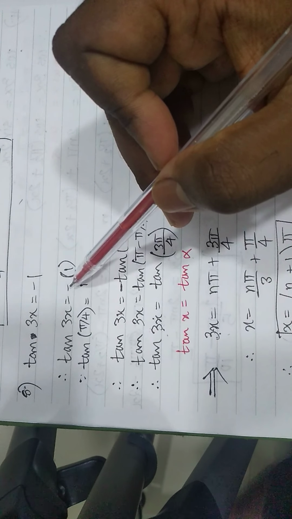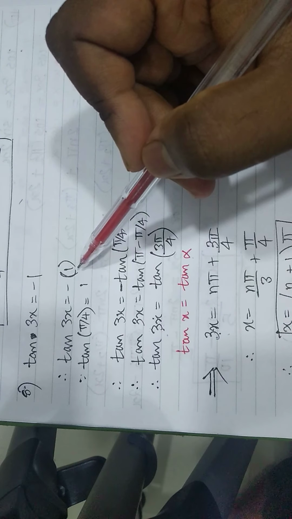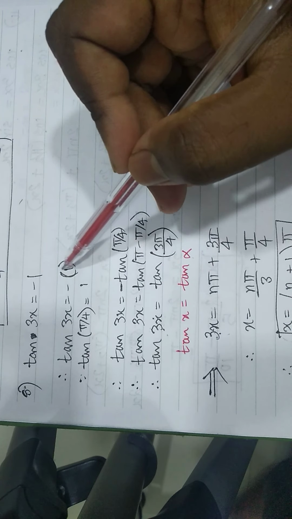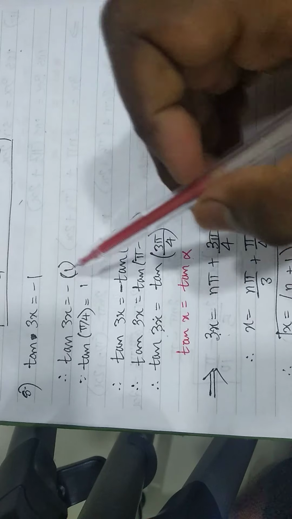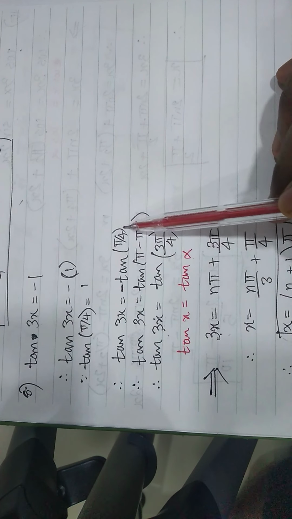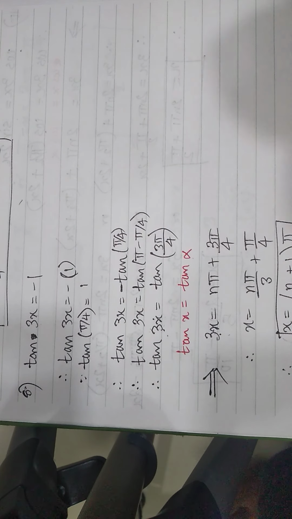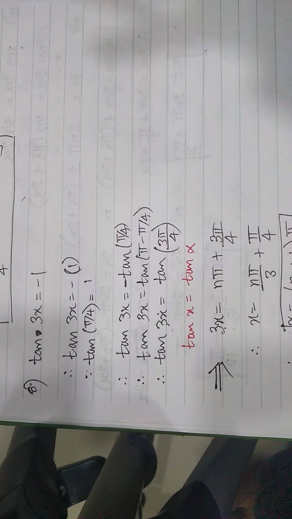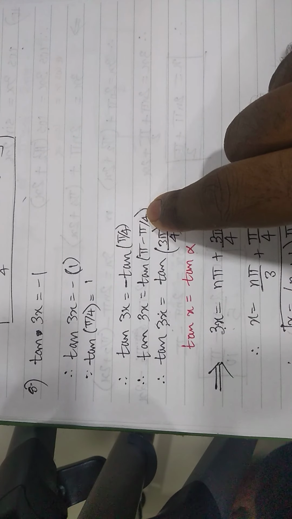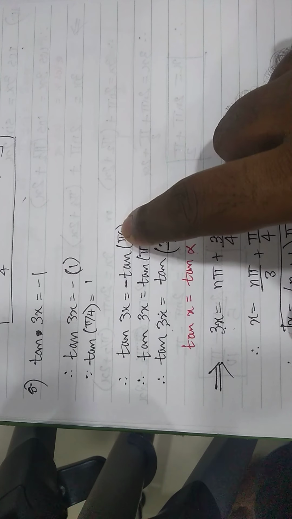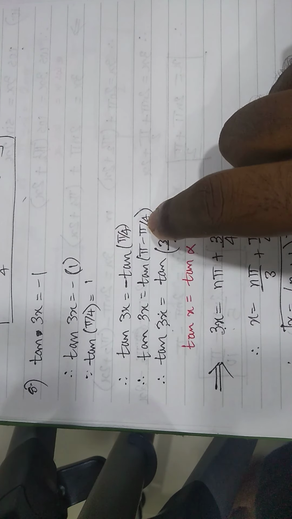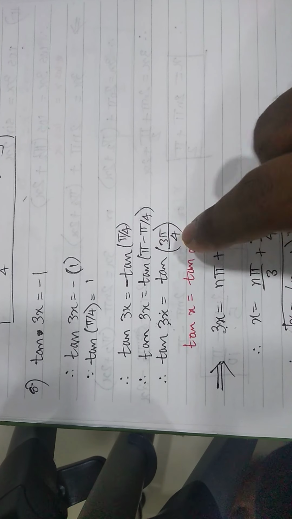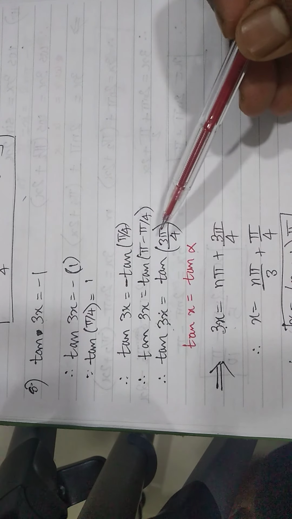So you have the minus sign out. Same way, for which angle will I have the tan ratio as 1? Pi by 4. So you write tan 3x equal to minus tan pi by 4. So we need to get rid of this minus sign. We use the allied angles. So tan is going to be negative in second and fourth quadrant. In the second quadrant, angle is the smallest. So we take pi minus pi by 4. So tan pi minus pi by 4 will give me minus tan pi by 4. So when you solve this out, you will get tan 3 pi by 4 here.